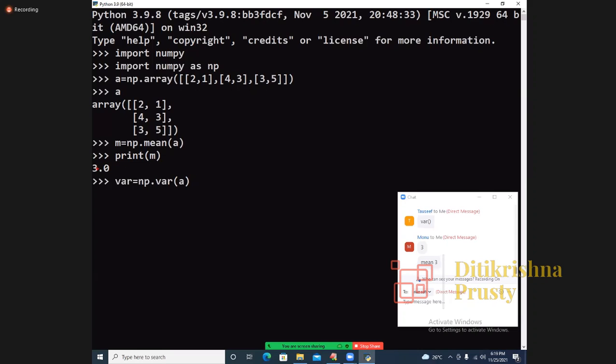Now the first element: 3 minus 2, whole square, plus what is next? 1 minus 3 whole square, plus, carefully, 4 minus 3 whole square, plus 3 minus 3 whole square, plus 3 minus 3 again whole square, plus 5 minus 3 whole square,